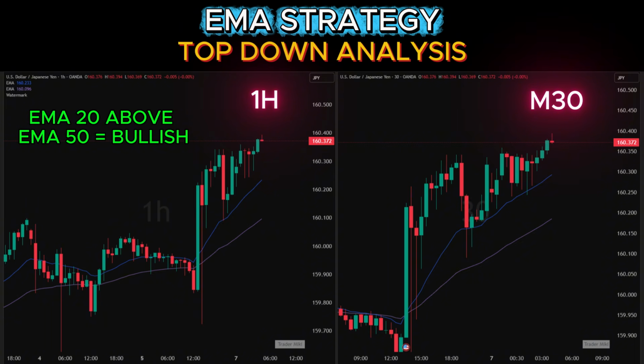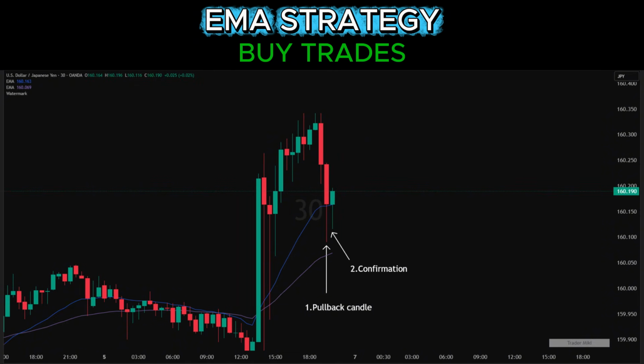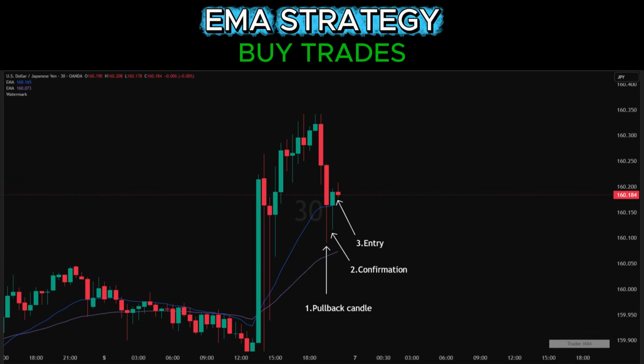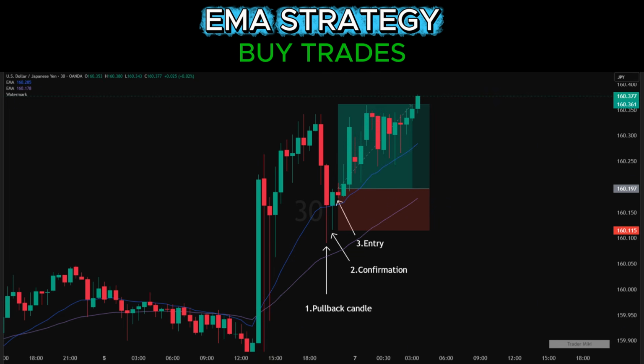The setup uses 3 candles. The first candle is the pullback candle that retests the EMA and closes above. The second candle is the confirmation candle, and this should be bullish and pushing up from the EMA. The third candle is where we take an entry. The entry is above the high of the confirmation candle and the stop loss is below the low. Your TP can either be a 1 to 2 or you can use a 1 to 3 in a very